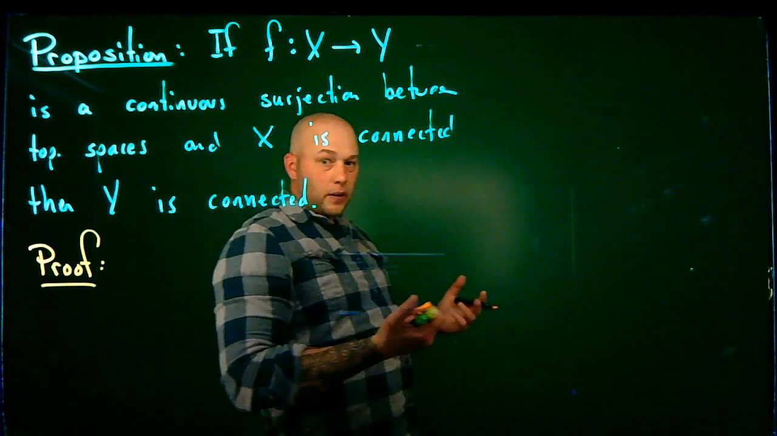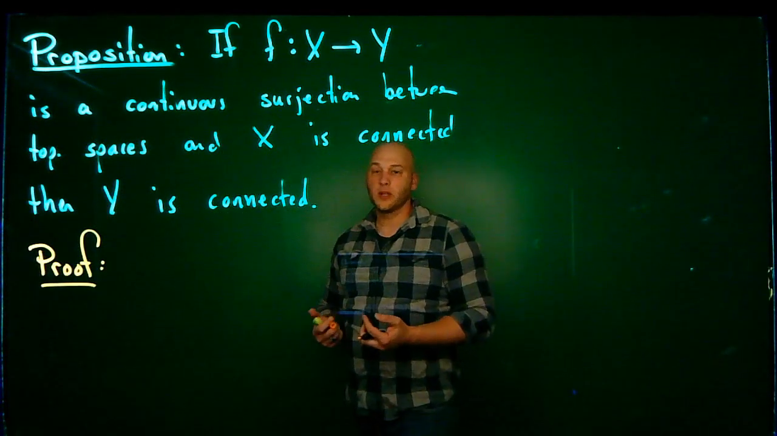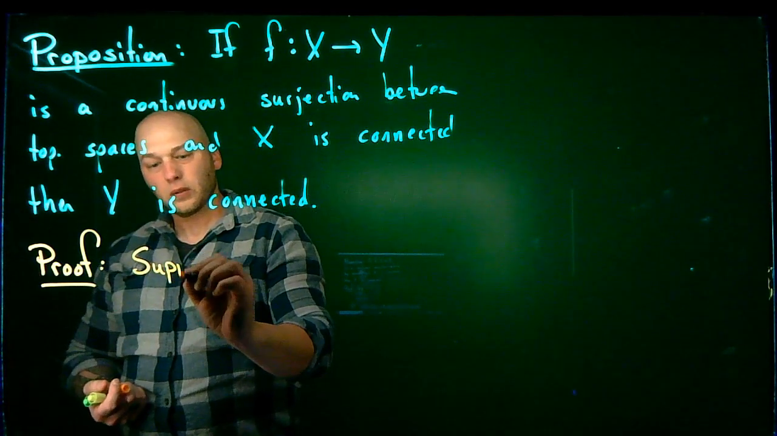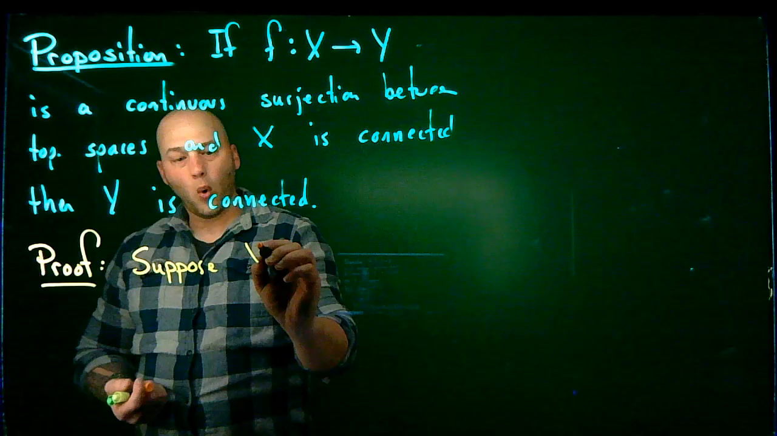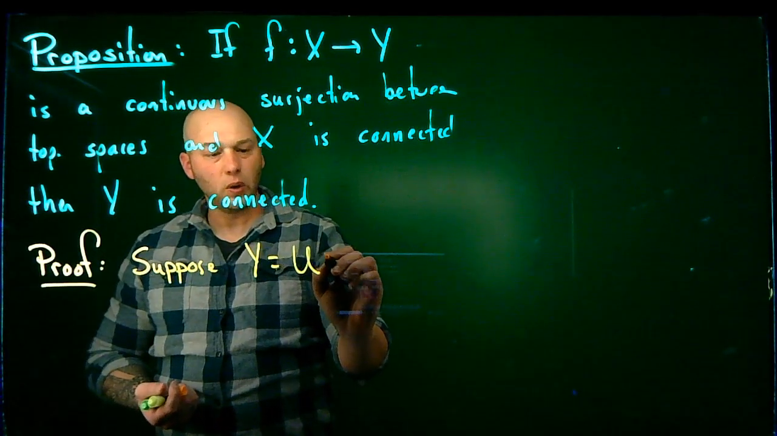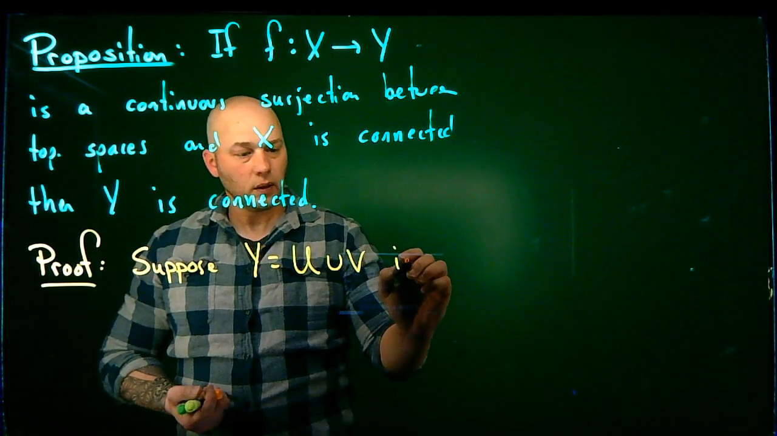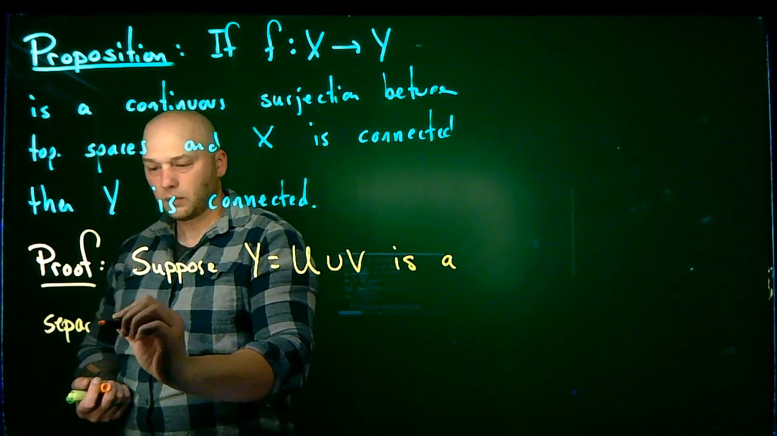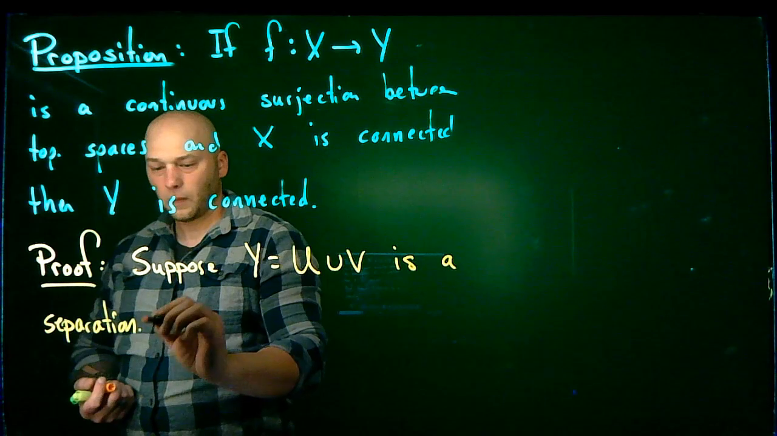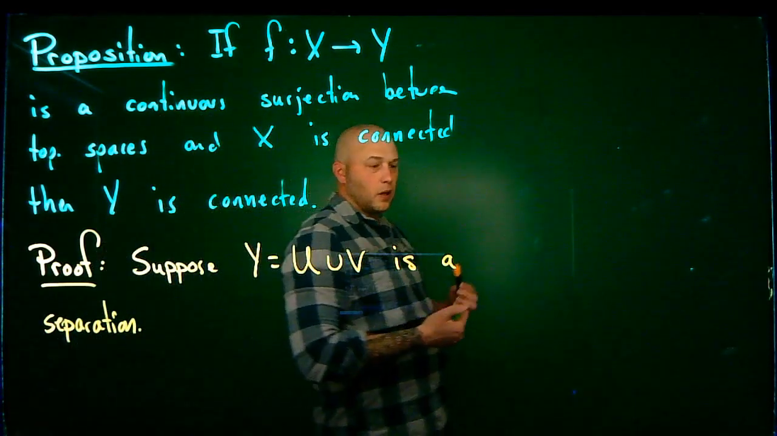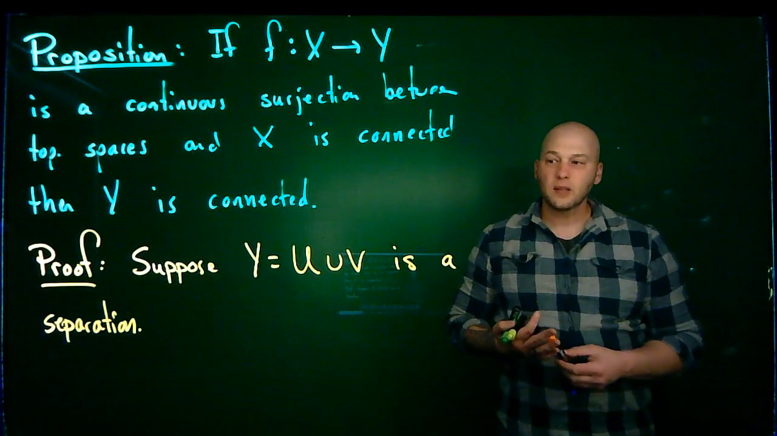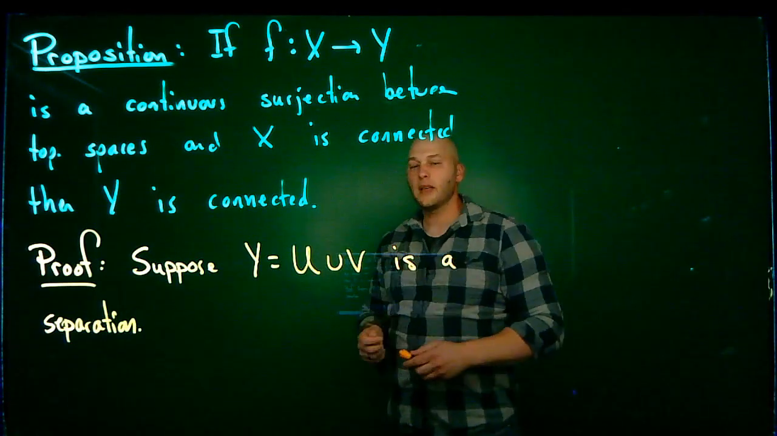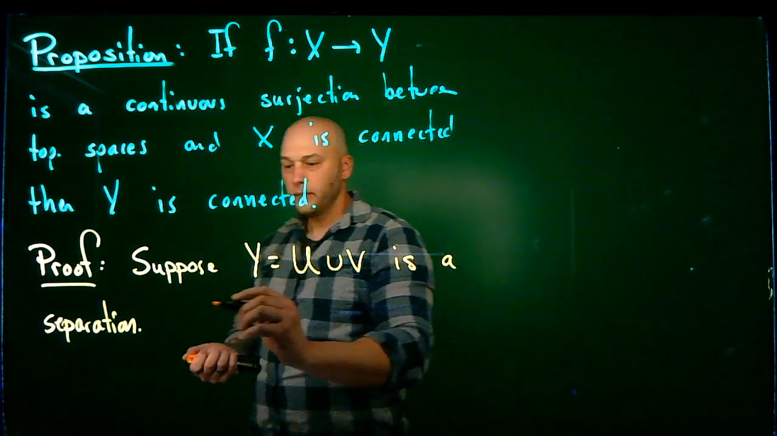Okay. And the method for proof in this example is going to be proof by contradiction. In other words, suppose Y, given by U union V, is a separation. Meaning that U and V are both open sets and they're disjoint and their union is all of Y. Well, suppose that that is a separation. Then